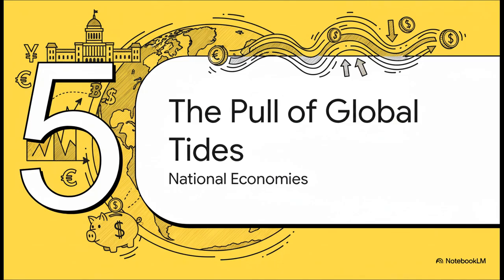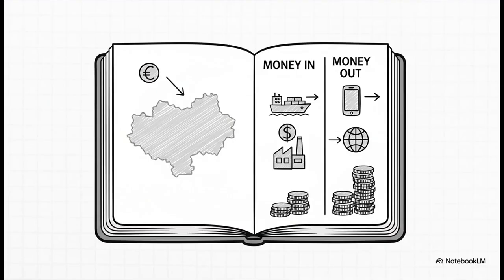All right, so far we've been looking at market mechanics and trading strategies. Now let's zoom all the way out to the macro level. How does the health and the policy of an entire country actually move the needle on its currency? The starting point here is something called a country's balance of payments. The easiest way to think about it is like a national checkbook. It records every single dollar, euro, or yen that flows in and out of a country. We're talking everything from exporting cars to importing iPhones, from foreign companies building factories to local pension funds investing abroad. And just like with your own checkbook, if a country is consistently spending more money abroad than it brings in, it's basically living on credit. And over the long haul, that puts some serious downward pressure on its currency.